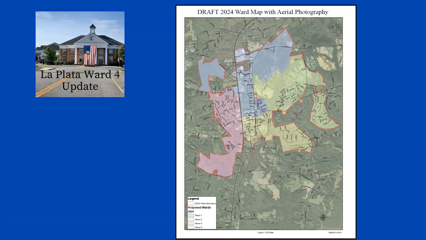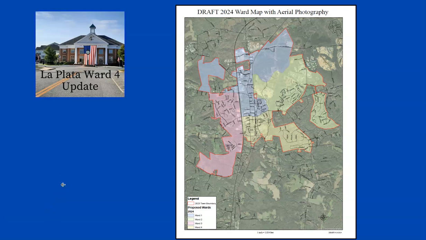The last time the ward map was changed was back in 2013. The election board went back and looked at the 2010 census block data, which is the smallest element of the U.S. Census. Then they looked at the 2020 census information, and that showed, as you may not be fully aware, that Plata grew from approximately 6,500 residents in 2000 to over 8,700 in 2010, a 33% increase, and then we grew to almost 10,000 at the 2020 census. So the election board went back and looked at the population growth.